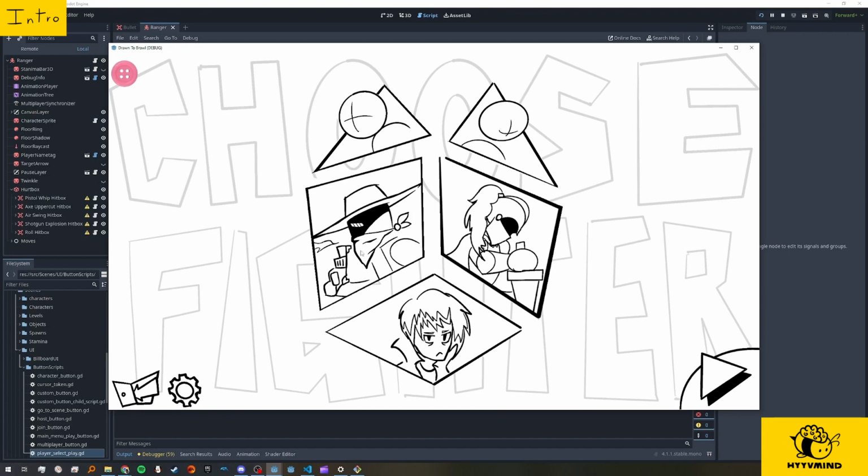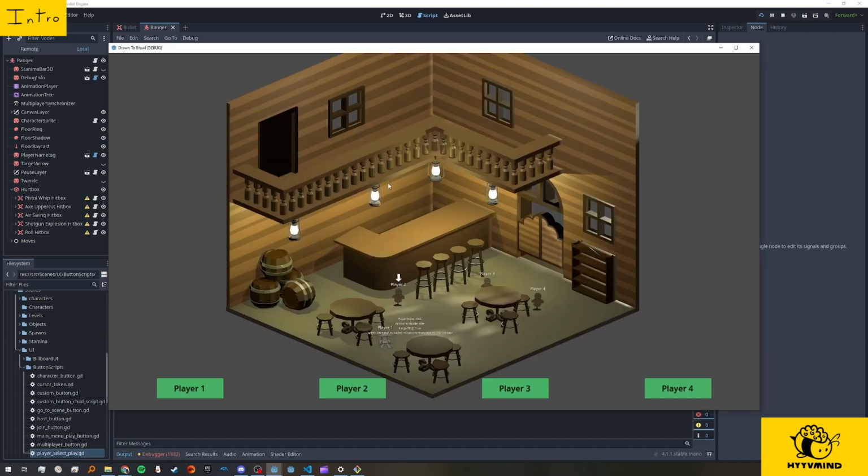So we will select our ranger character. We can also do it by dragging this nice little token right here and selecting the ranger. And now we are in the game, and how this game controls is with just WASD. You can move in all three directions and spacebar to jump. The attacks are U, I, O, and P on the keyboard,